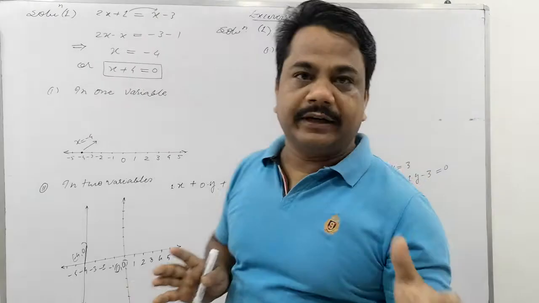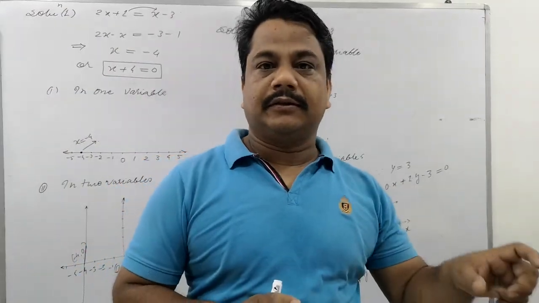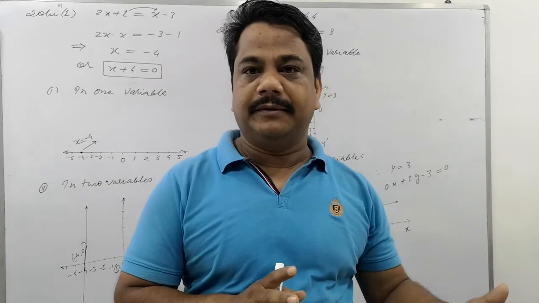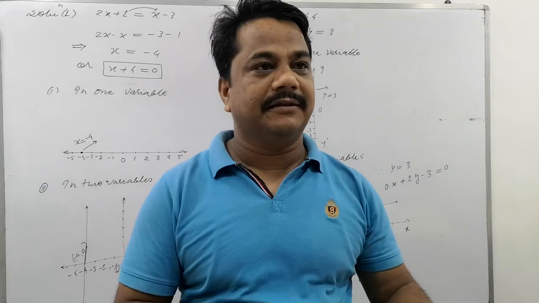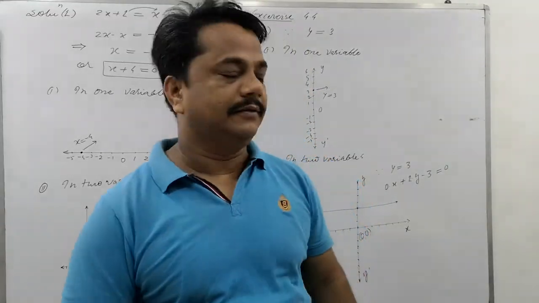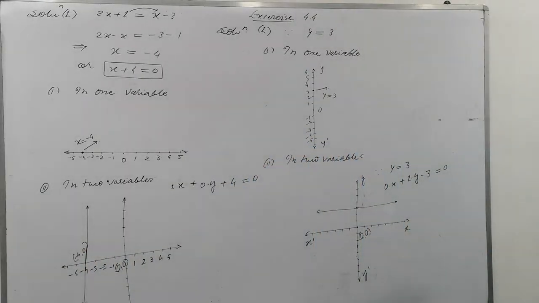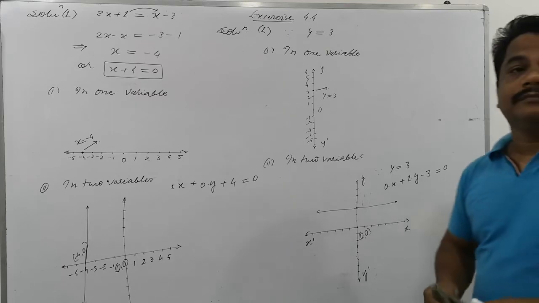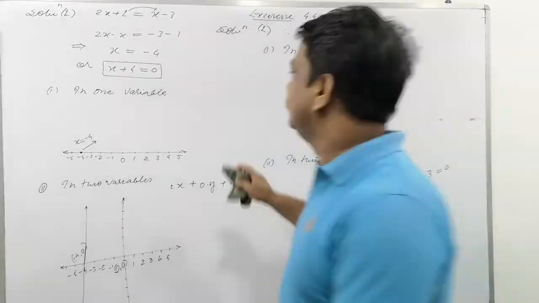So the important thing about the representation is that the coefficient of one of the variables would have become 0. This made the y term or x term 0. So here the variation of that will continue. Similarly, you can do the second question. Please note, the second question is your home assignment. Please do that.